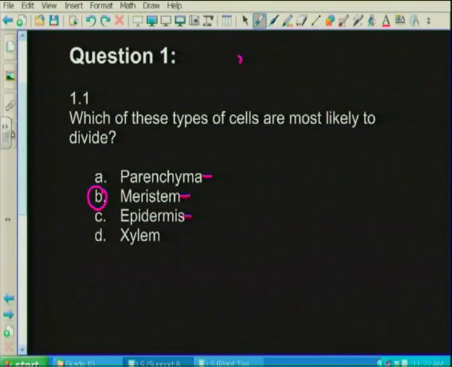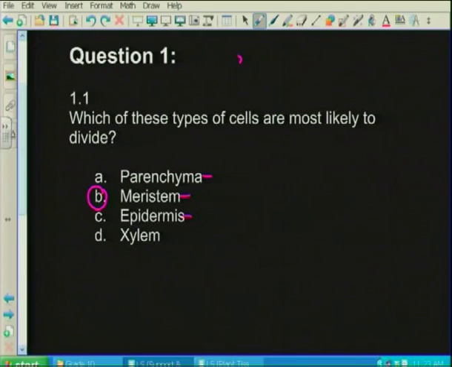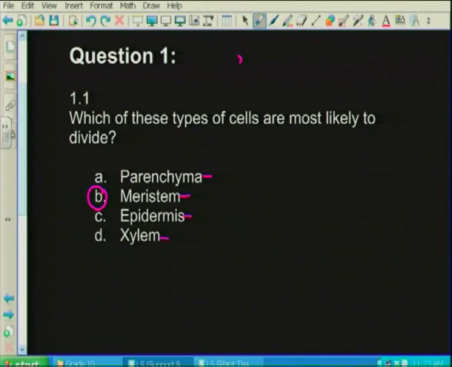Now, your epidermis, these are the cells right on the outside of your stem and of your root, and this is a single layer of cells, and they are there to protect all the tissue inside the stem or the root. And then you get your xylem, which is basically the tissue that is responsible for taking the water that is absorbed from the roots to the rest of the plant. So your answer here would be that the cells most likely to divide are your meristematic cells. Just to refresh you, if we look